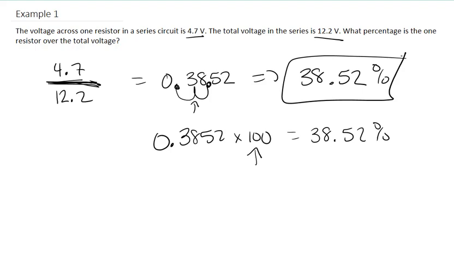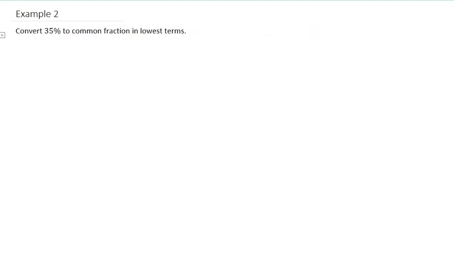Now let's do another example. Example 2. Convert 35% to a common fraction in its lowest terms. So what we do when we take a percent is we're going to first put it over 100. So now we have a fraction because it's 35 over 100. So it's no longer a percent,